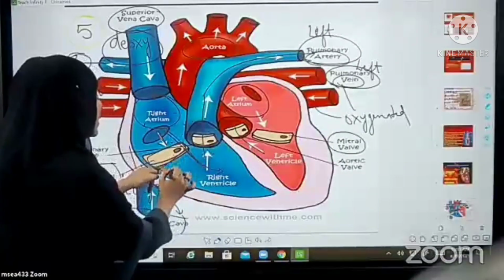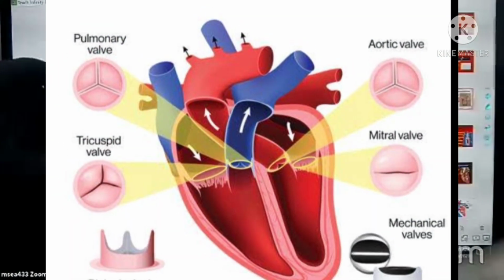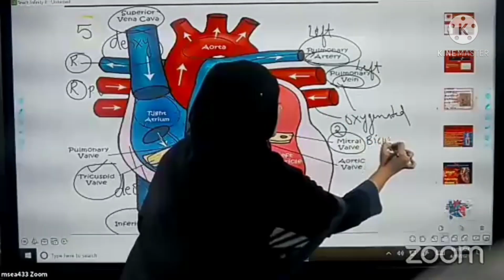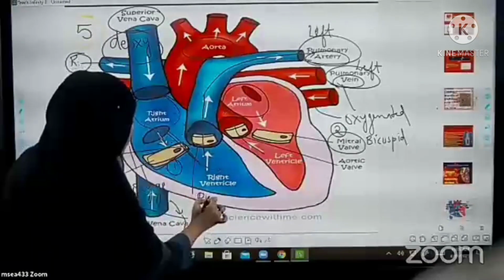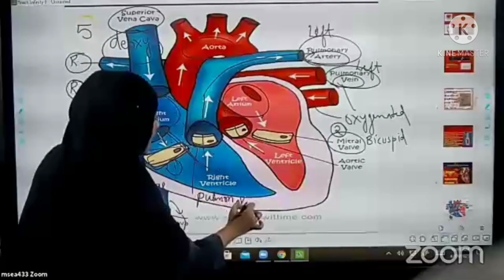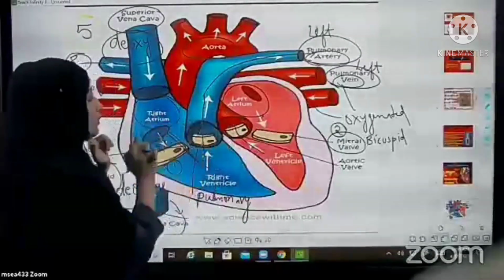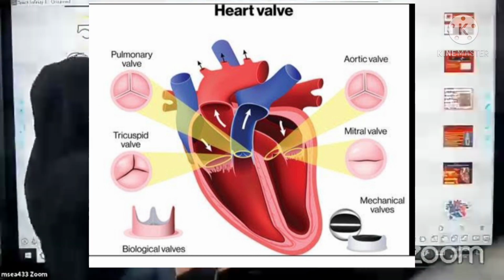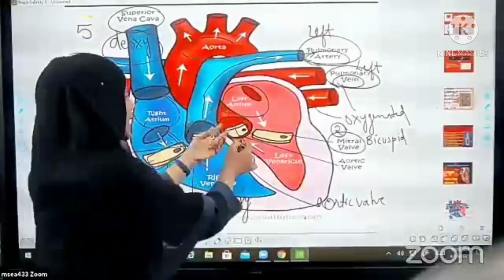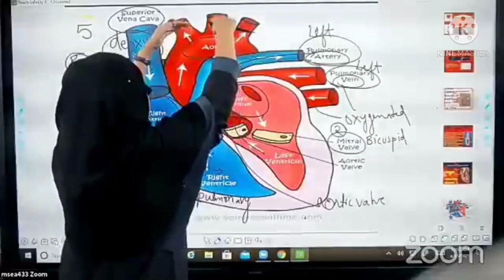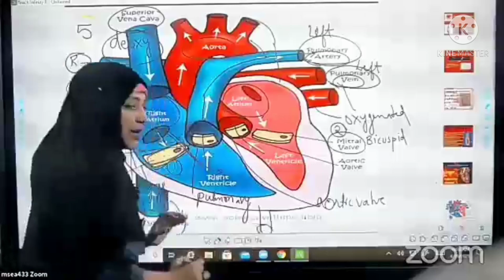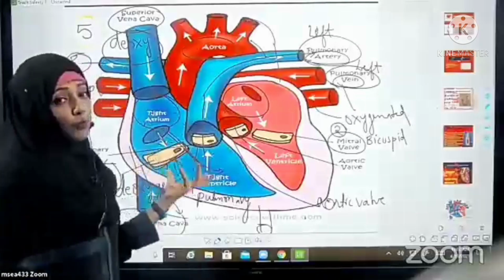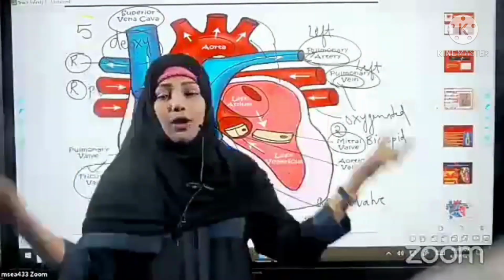So total how many valves? One is the tricuspid valve, the second is the mitral valve, or we can call it the bicuspid valve. Third, here you are seeing the pulmonary valve. How to remember? As it opens into the pulmonary artery, it is the pulmonary valve. And the fourth is the aortic valve, the aortic or systemic valve. Now you can see the aortic valve opens and the blood goes into the aorta. It carries the oxygenated blood to the upper portion of the body and supplies blood to the lower portion of the body. So here blood is moving, which blood? Oxygenated blood to all the parts of our body.